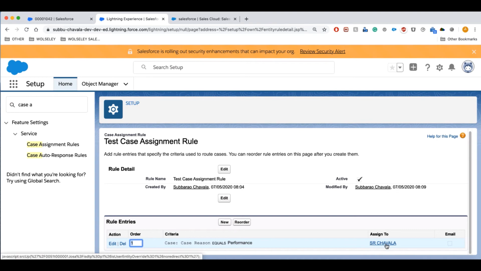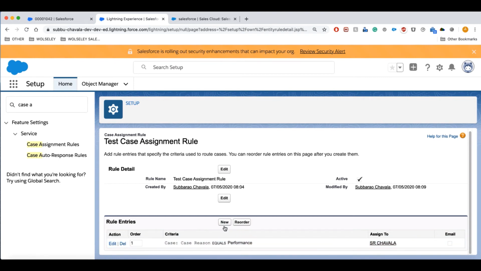Maybe you can ask what will happen if the case does not match any of the rule criteria. We can force case assignment by creating a final rule with no criteria. For example, if rule entries 1, 2 and 3 check the state, product sold and customer service agreement, then for the fourth one, add a blank rule that catches all other cases. You can force case assignment by creating a final rule with no criteria.